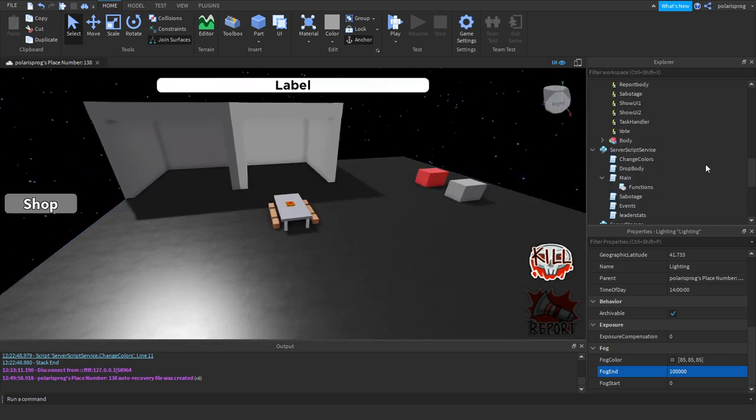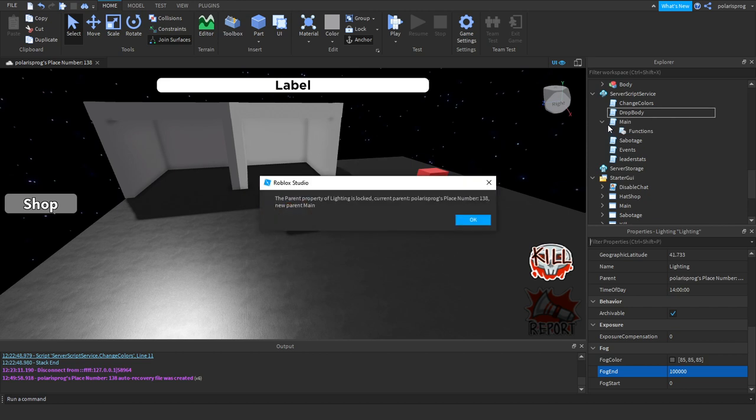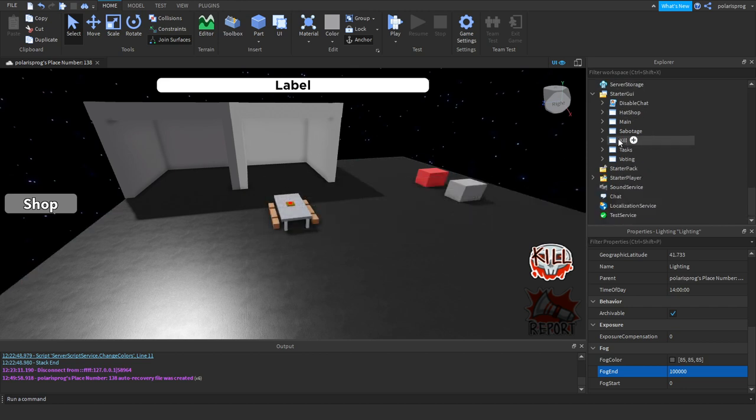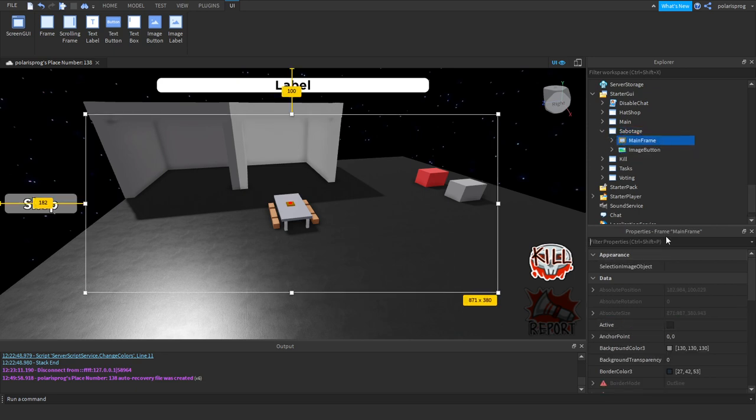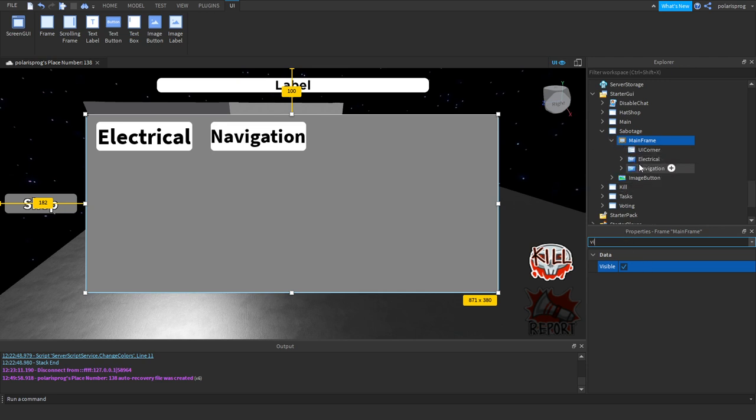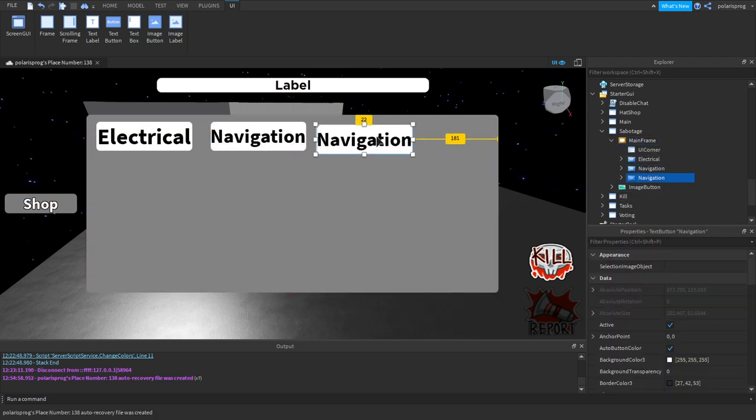All we have to do, I think, to fix the... You know what? Because I wasn't able to make a win screen in this episode, I think all we're gonna do is inside of your sabotage, change the display order of the sabotage thing to 1 first, and inside of the frame we're gonna make it visible, and we will add another text button which is going to be lights,